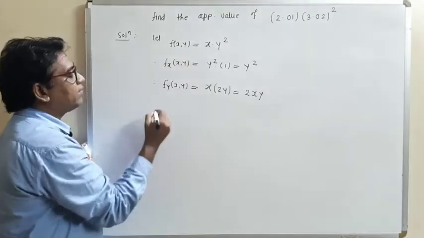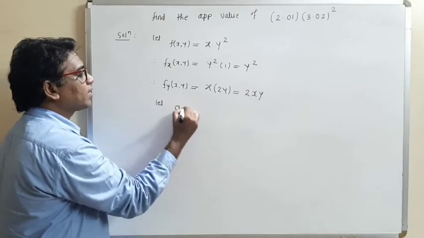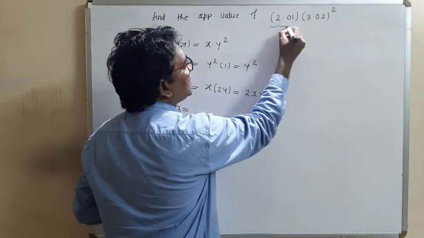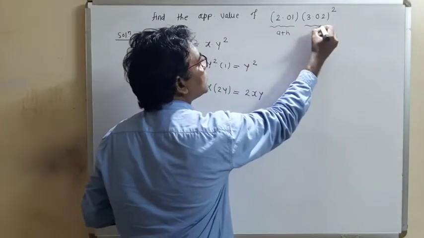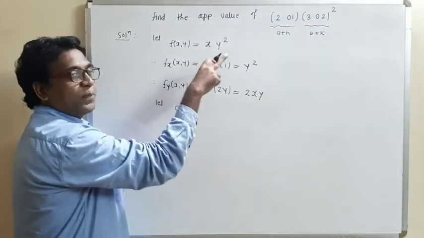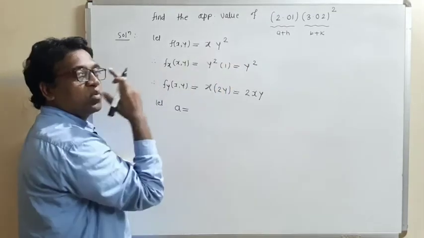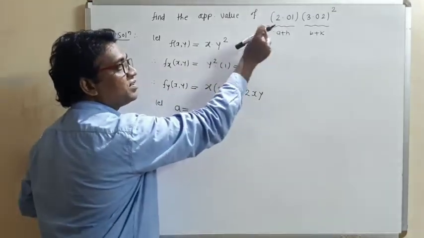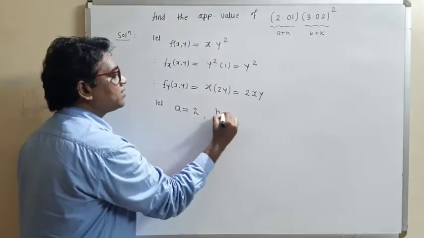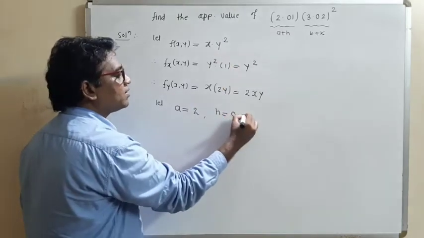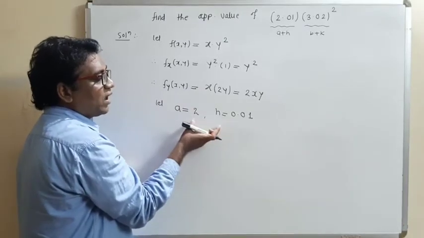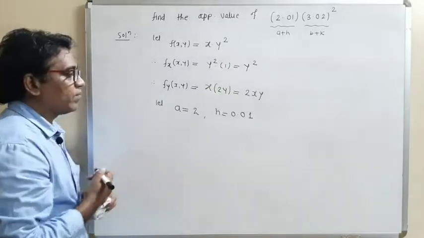Now what is the next step? Let us take some numerical values. Write down the values. Suppose this is our a plus h. Now what is the value for a plus h? It is 2.01. This is very near to 2, so let us take a is equal to 2 and h the remaining number. What is the remaining number? 0.01. So if we add the total value, a plus h will be 2.01.